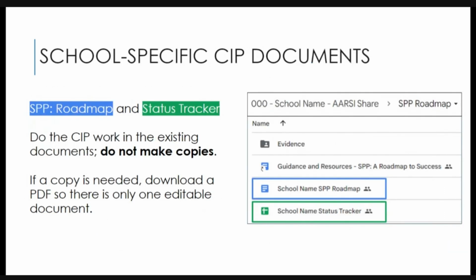There are 2 documents that are edited and updated throughout the continuous improvement process. The SPP roadmap is the plan for your school. It is currently either a Google or Word document with a blue icon. The status tracker is a Google spreadsheet with a green icon. This is the document that is completed during the status checks in the fall and winter, when you will monitor the progress of the SPP implementation, and then again at the end of the year when you complete Act 3,